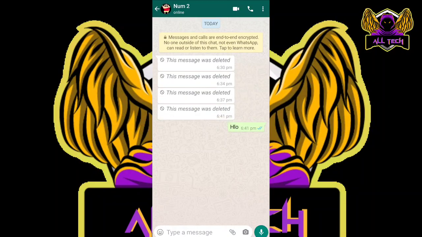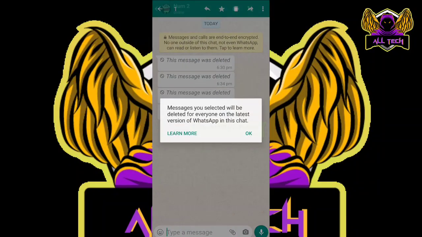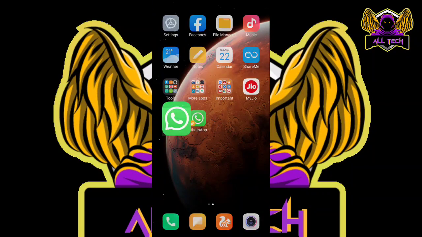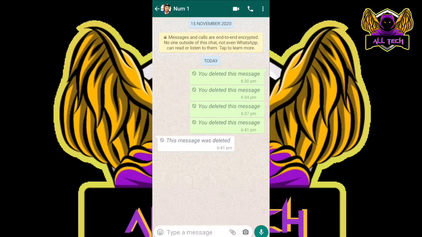Now if we go to the second WhatsApp number, the message has been deleted and you can't get to know what the message was. In the same way, if I delete this message for everyone and now I go to this WhatsApp, the message has been deleted. So in both cases the message has been deleted. If you receive someone's message on your WhatsApp number, even your friends or your parents or your school teachers, or anyone, and you want to see what he or she replied to you and deleted immediately, how can you recover the deleted message? It's really simple, guys.